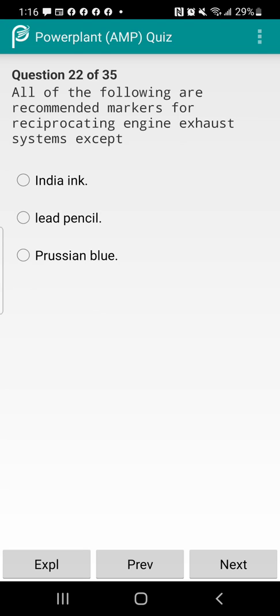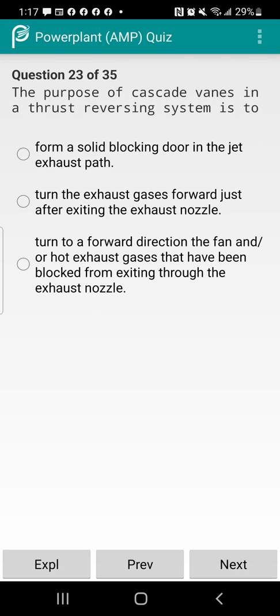All of the following are recommended markers for reciprocating engine exhaust systems except lead pencil. The purpose of cascade vanes in a thrust reversing system is to